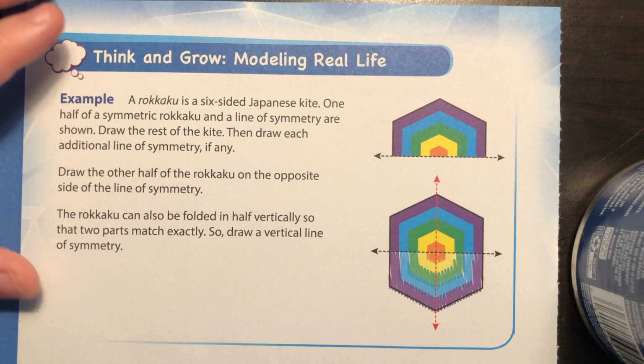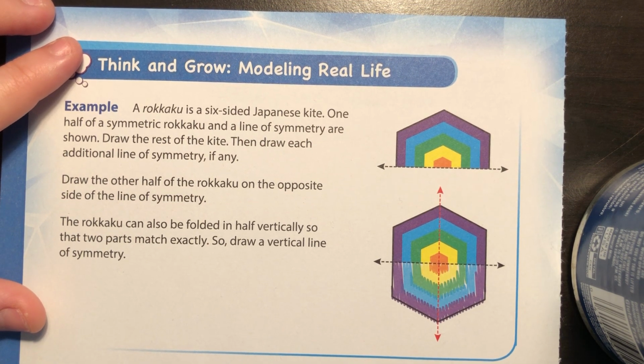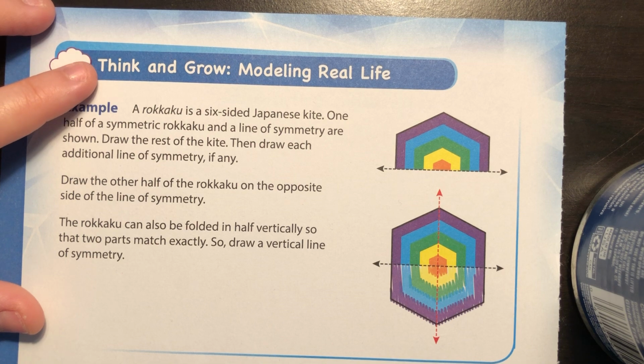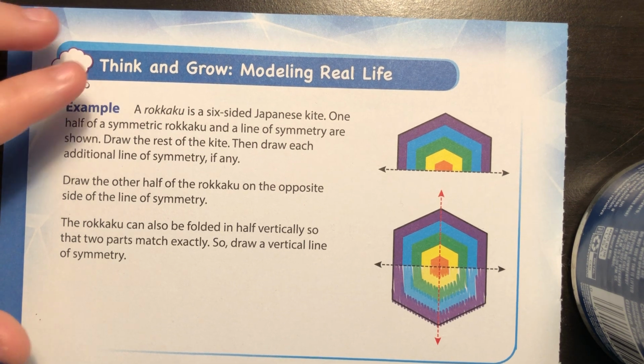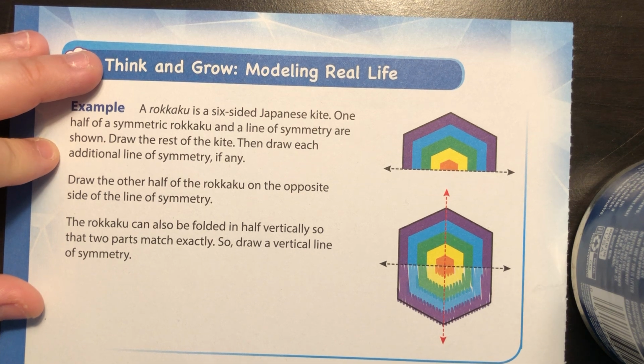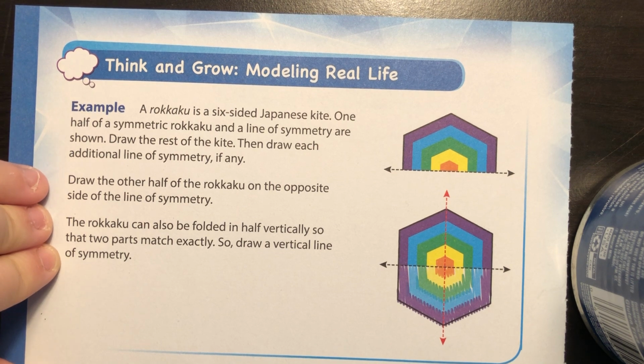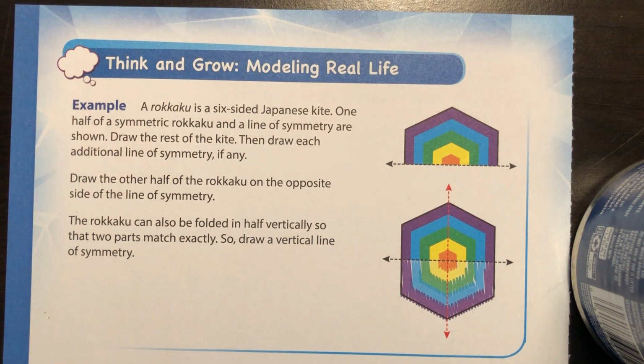Last problems on this page. A rokaku is a 6-sided Japanese kite. 1/2 of the symmetric rokaku and a line of symmetry are shown. Draw the rest of the kite, then draw each additional line of symmetry, if any. Draw the other half of the rokaku on the opposite side of the line of symmetry, and the rokaku can also be folded in half vertically, so draw a vertical line of symmetry. So that means